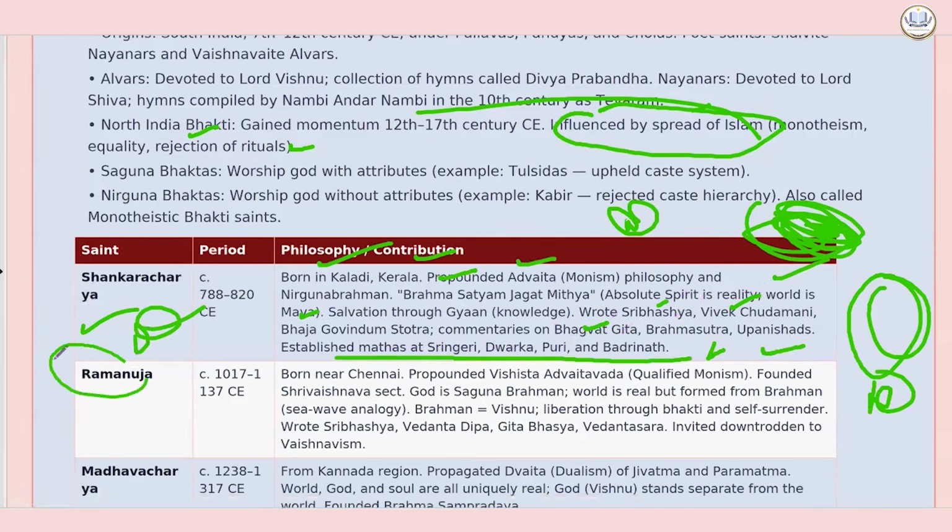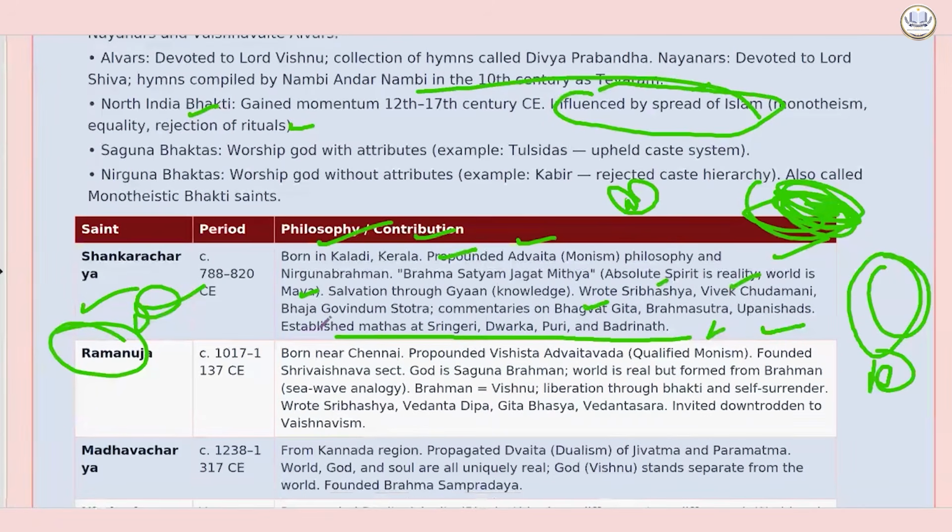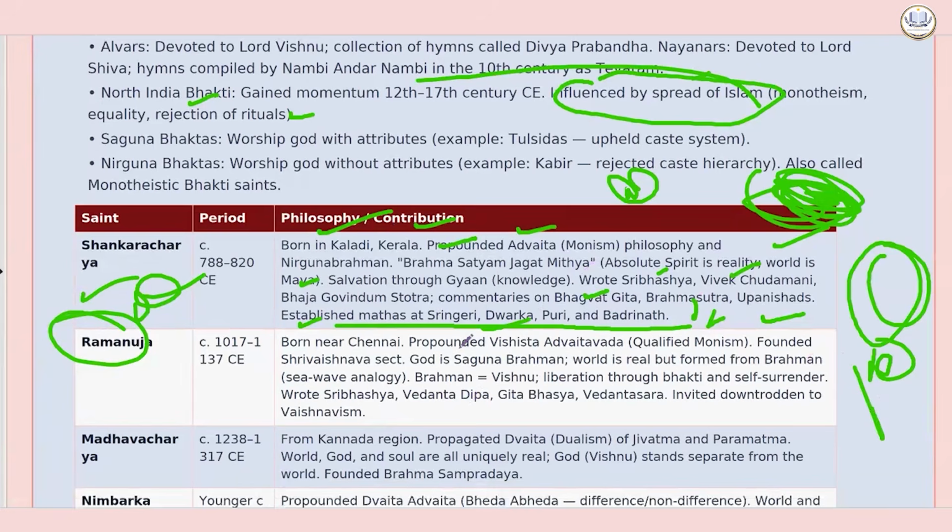Then Ramanuja. He was born near Chennai and propounded Vishishta Advaita, qualified monism. He said, yes, Brahma and the Purusha are not the same. Brahma has some Vishishta qualities which are not there in the common human. This is called qualified monism. Founded the Sri Vaishnava sect, God is Saguna Brahman, the world is real but formed from Brahma. Brahma is equal to Vishnu, liberation through bhakti and self-surrender. Wrote